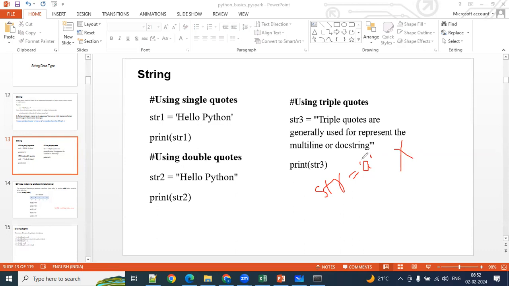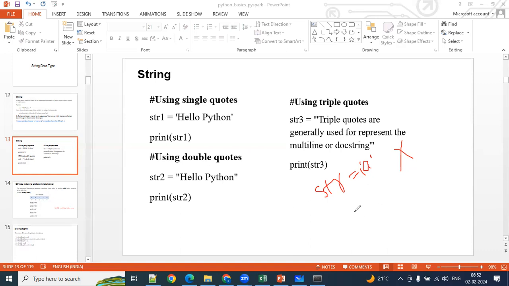Even a single character Python will treat as a string only. You can assign any single character to a variable, but we have only one data type related to string, that is string.